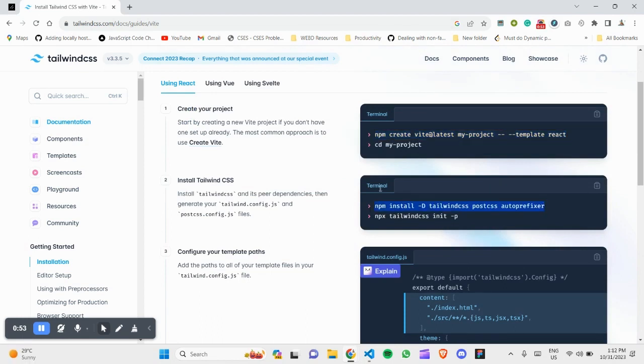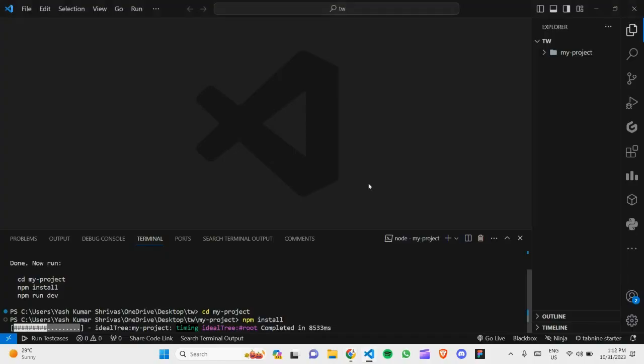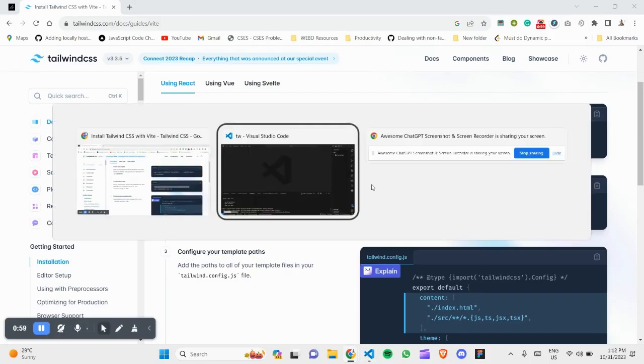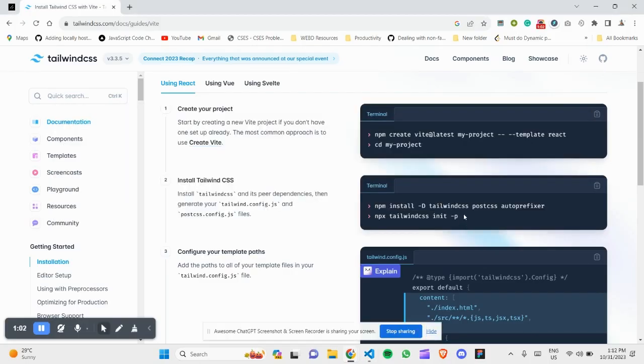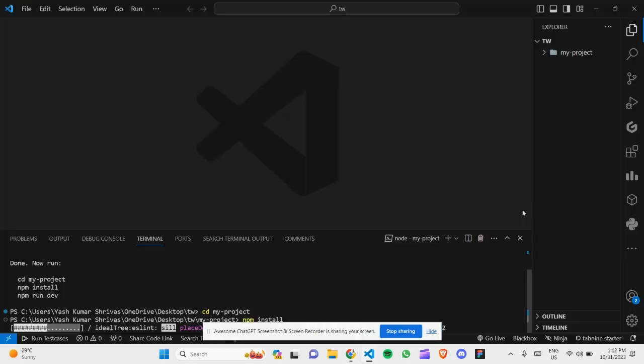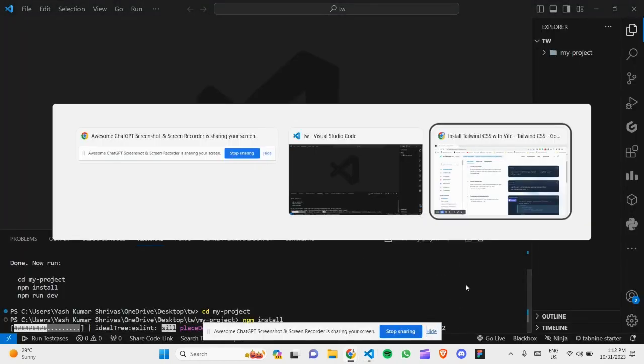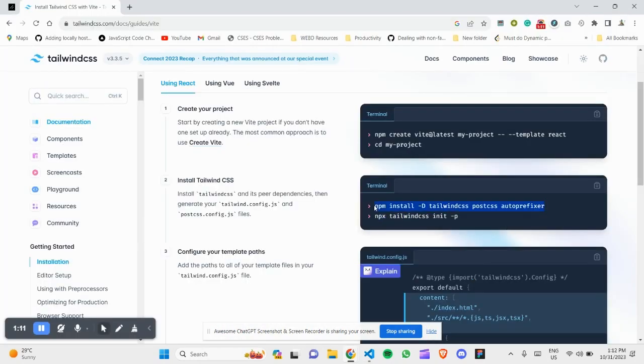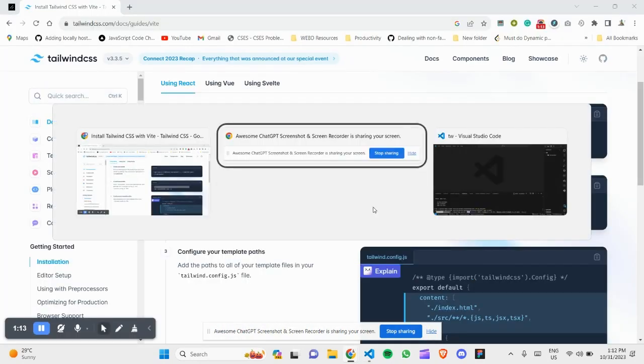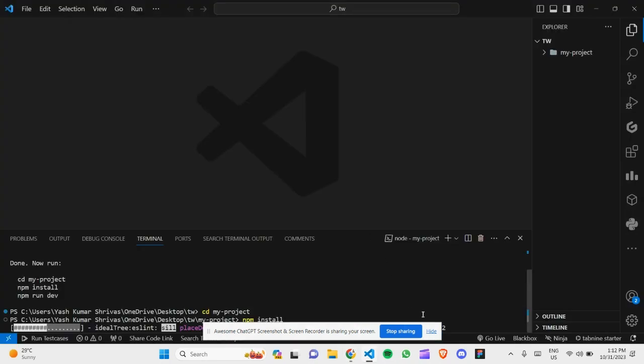So this will add the dependency of Tailwind CSS in your Vite plus React project. Wait for 1 minute. Till then,